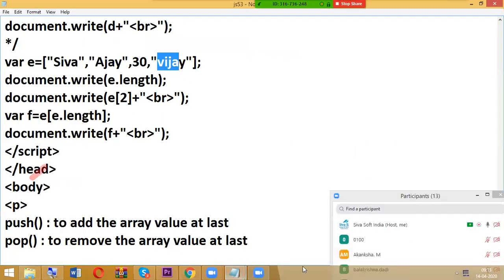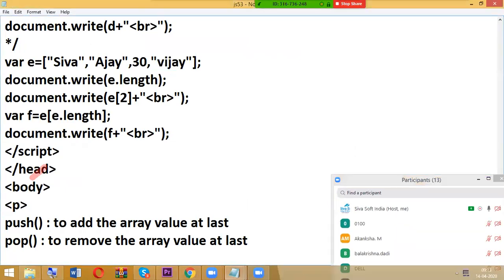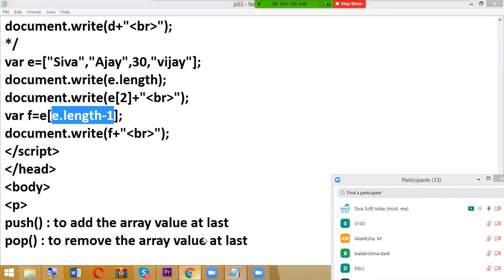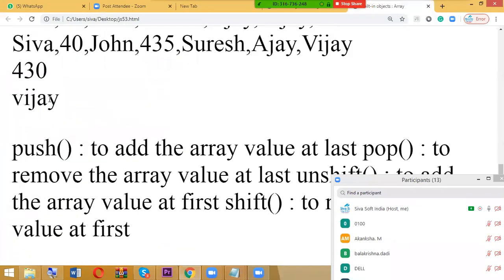So in this case, what we need to do here is give -1. Then what happens? E.length is 4 minus 1, nothing but 3, so E of 3. Then you can expect the output as Vijay. That's the problem I faced.